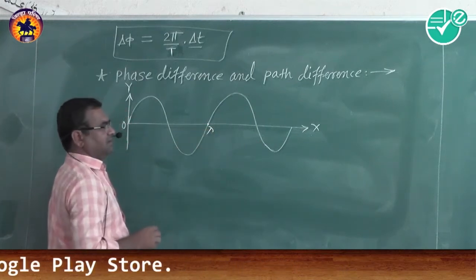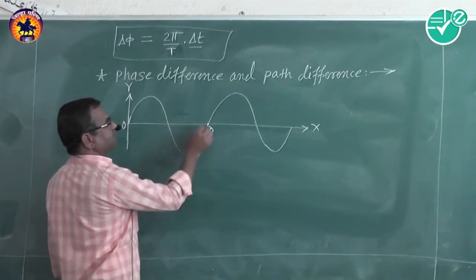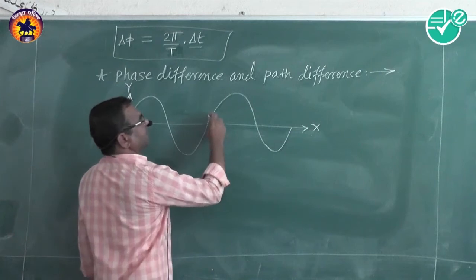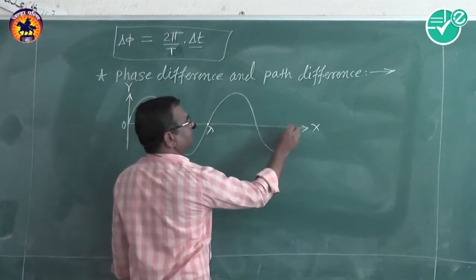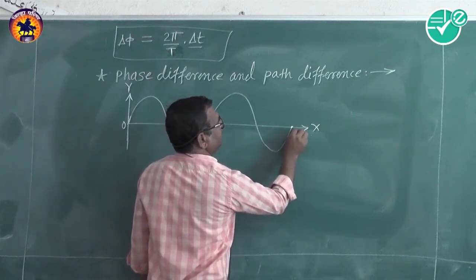This is the path difference: this point is lambda. Then again one more wave, so there are two complete waves, and the wavelength is 2